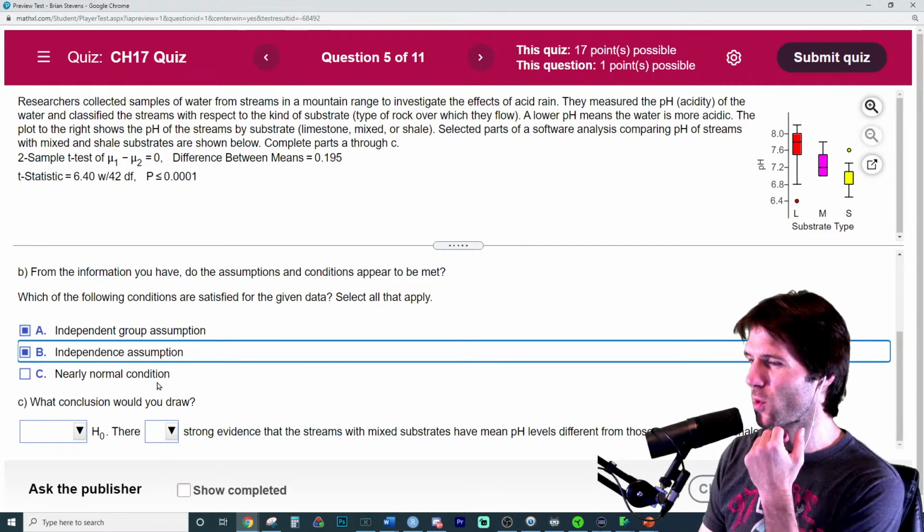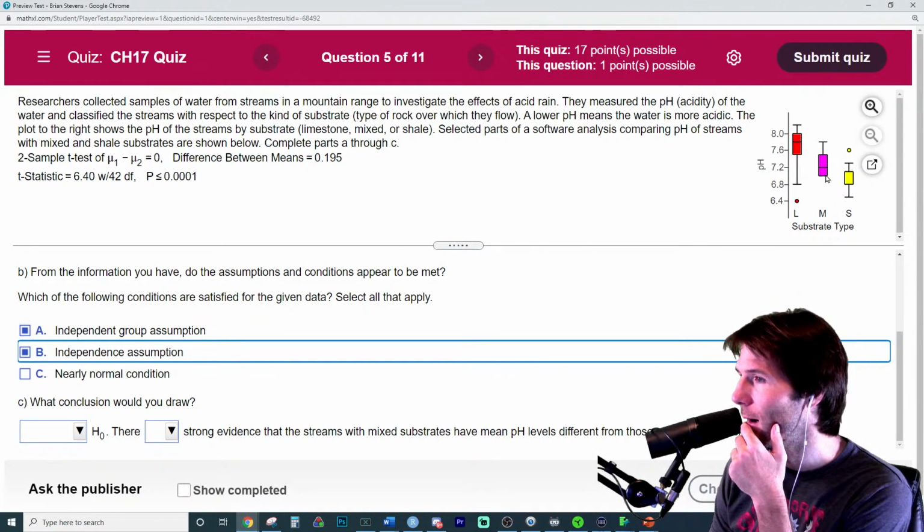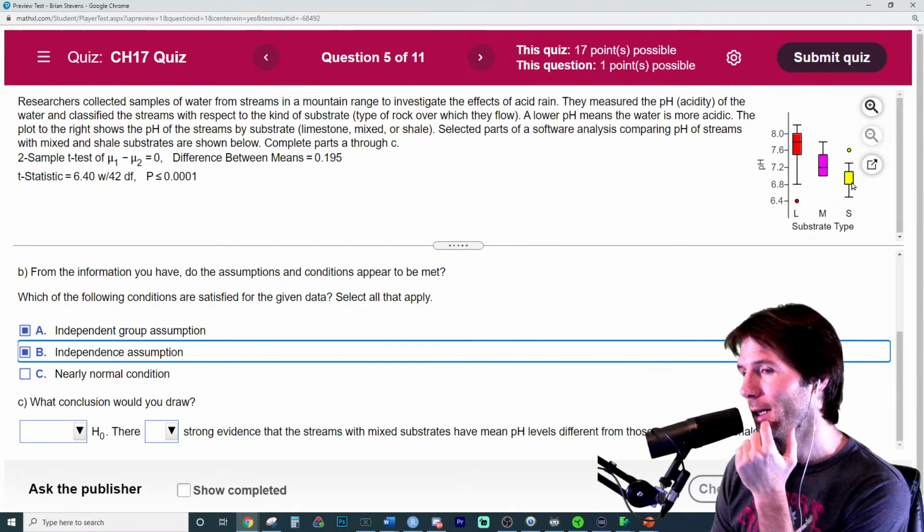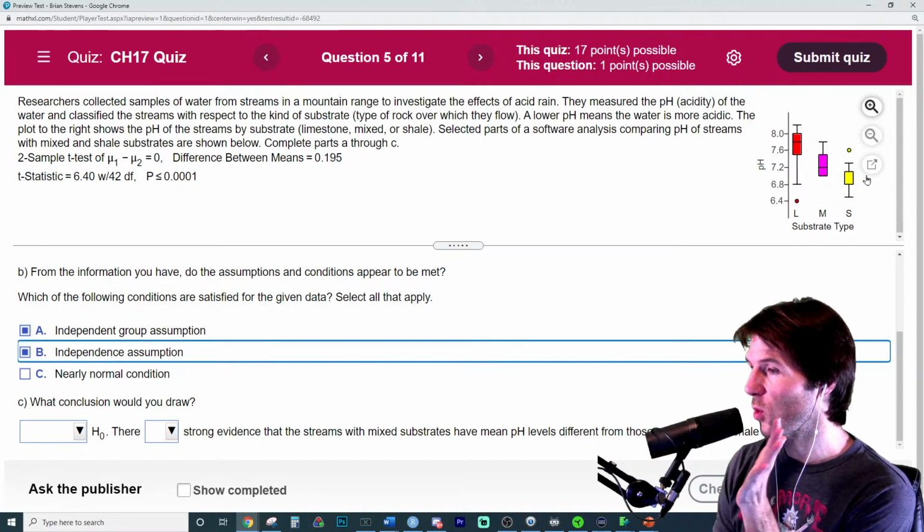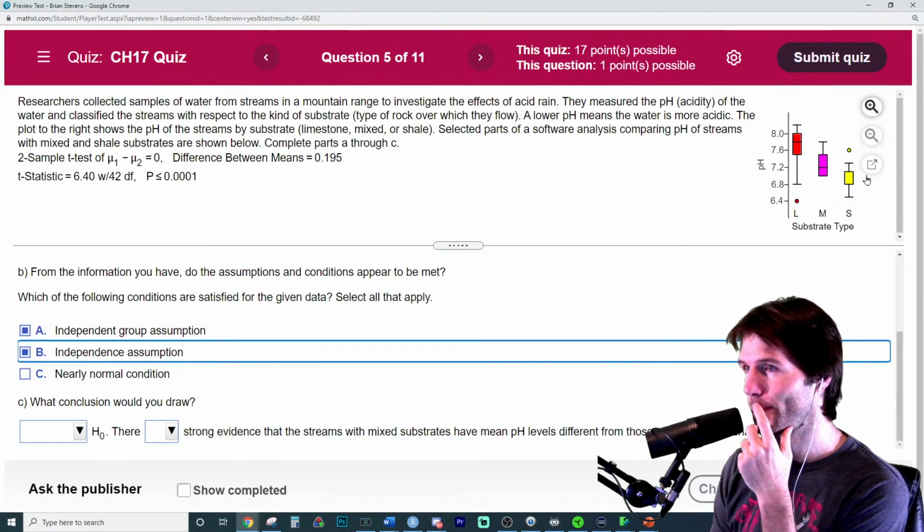Nearly normal, this is probably the hardest one to check, especially with this data. There's a little bit of a right skew to this one, a little bit of an outlier. I can't see where the median is on this because the median is either on the 25th or the 75th. The box plot shows that it might be right skew because there's that. So the median might be down here. This is probably my biggest qualm right here with this online question.